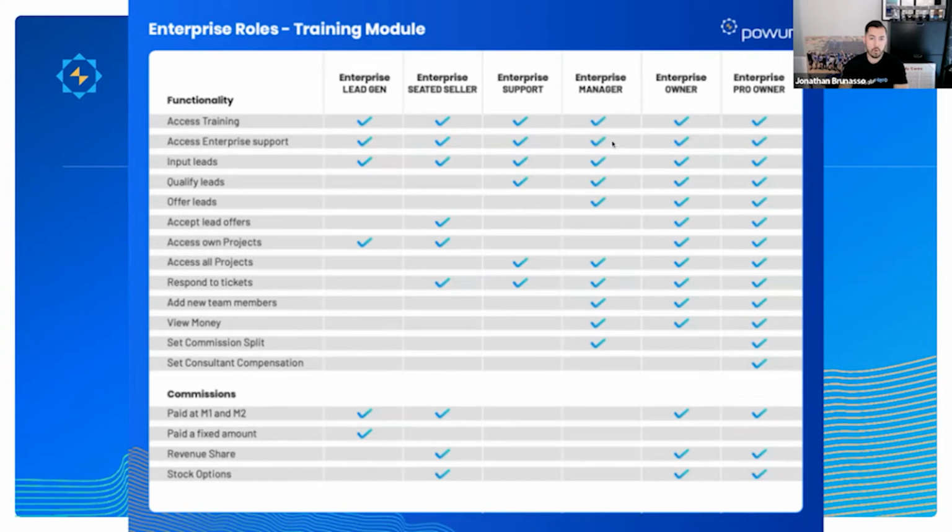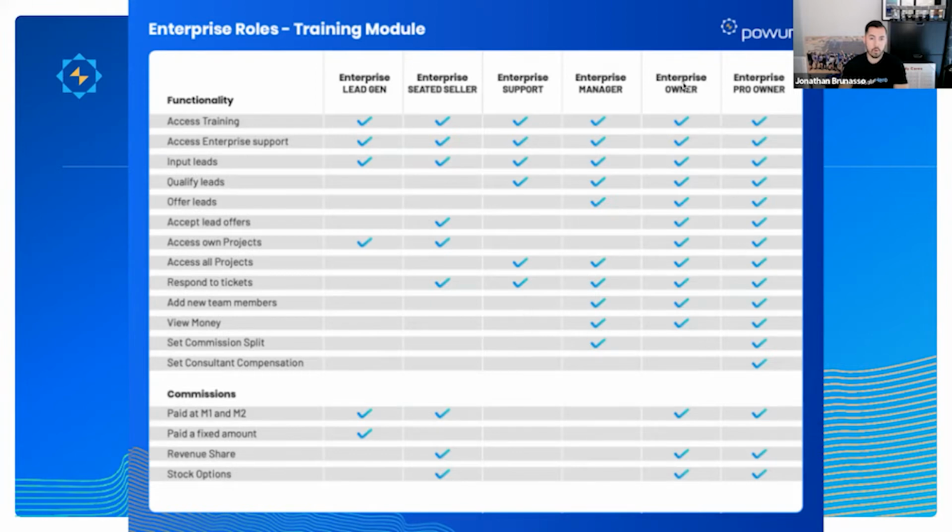She has access to training. She can write a ticket. She can help move jobs along, respond to tickets. So she can do a lot of things. She can see my commission if that's the manager role, $25 a month. So I can have a manager managing my enterprise. And the support role, like I said, is a little bit more of an assistant, $25 a month. They cannot see the commission and they can't add new team members.